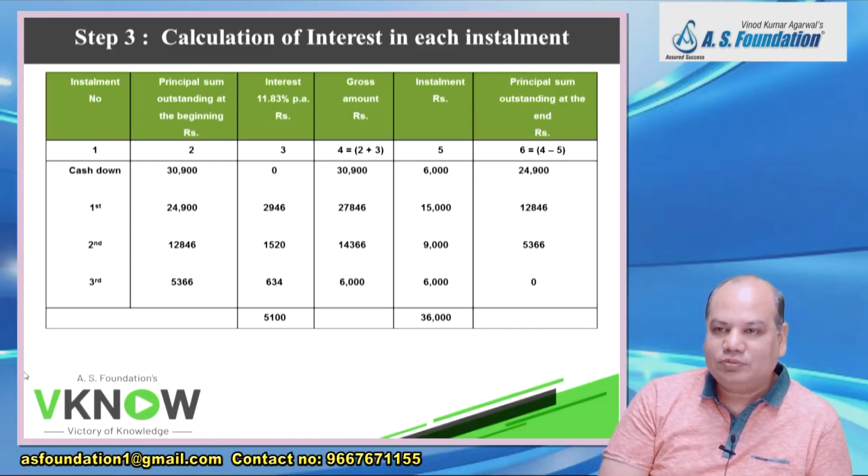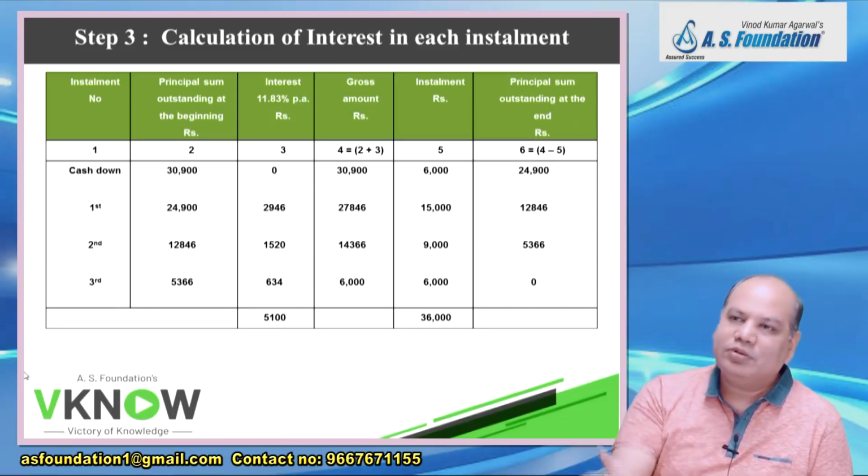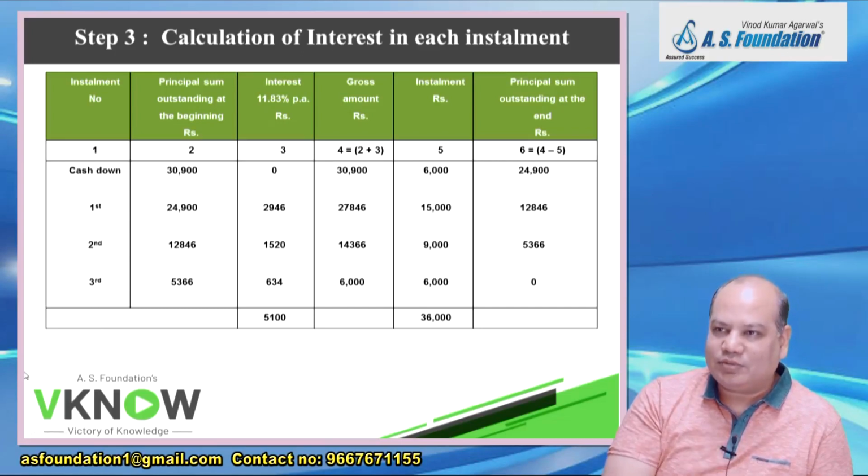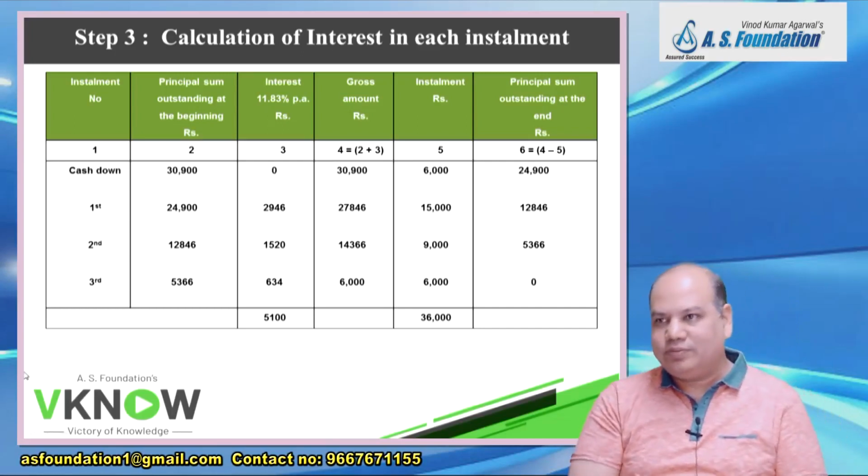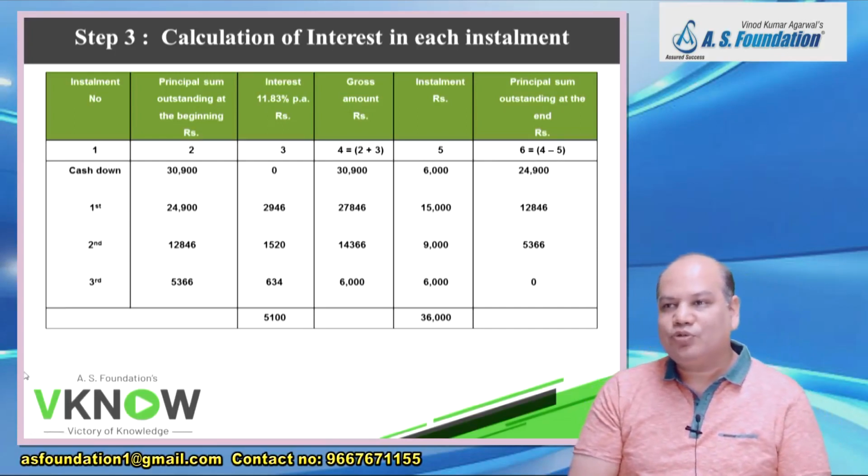Now we have solved 3 types of questions till now. First question was cash price is given, higher purchase price we have to find. Second question, higher purchase price is given, interest rate is given, we have to find cash price, which is usually given in the problem, in the exam also. Third type, which is generally not asked, HP price and cash price is given and you have to find the IRR. Because IRR is not a part of your group 1 syllabus actually, but still you have learned it. If they ask you, you should be ready.